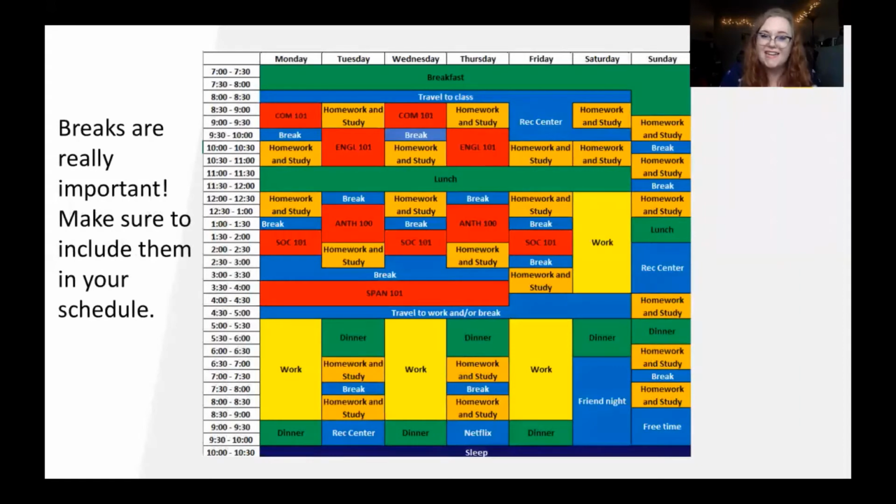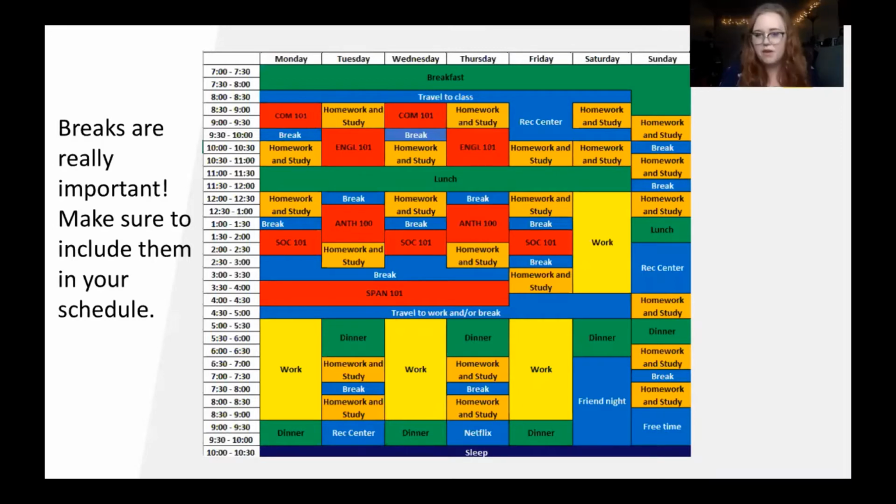And then breaks. Breaks are very, very important. They help to make sure that we don't feel burnt out when we're working through a lot of stuff. They're a nice way to give your brain some time to chill. Everything about breaks is critical, and make sure to put in quite a few of them. This one has a few that would mostly pertain to if we were still on campus, like the rec center and stuff. But scheduling in time for a friend night that I have on that Saturday, that's really critical to stay connected with folks that you aren't seeing as much as you used to.